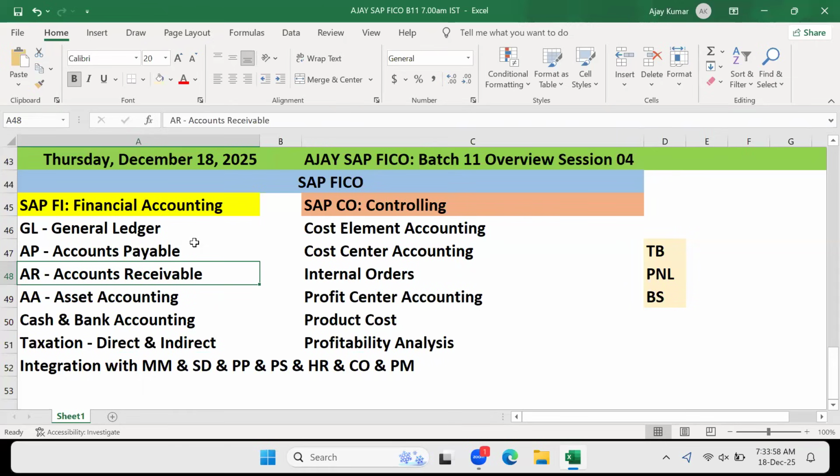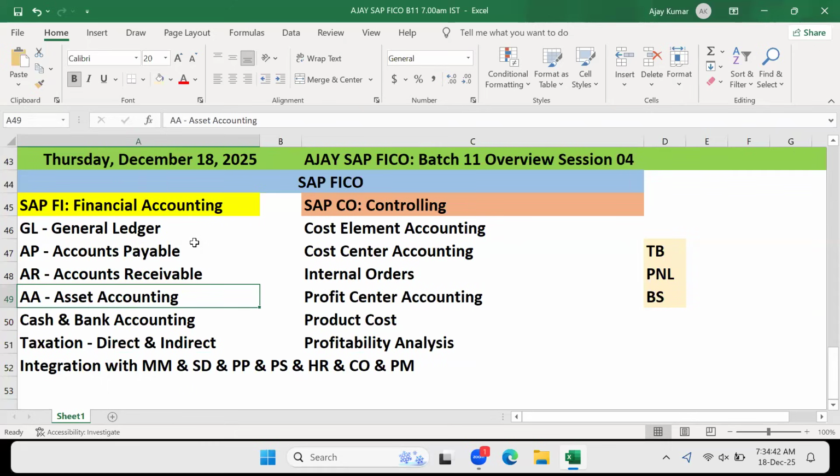One more point that you have to understand. In a business or in a company, most of the sales and purchases are always on cash basis or credit basis? Credit. Most of the sales and purchases are on credit basis. That is why you have payable and receivable. Payable means amount not yet paid. Receivable means amount not yet received. In short, these are current assets and current liabilities in nature, right or wrong? Right.